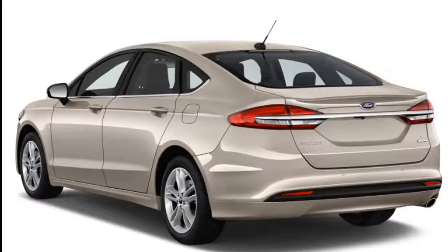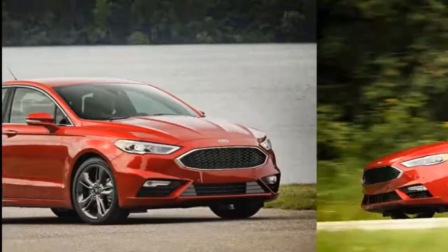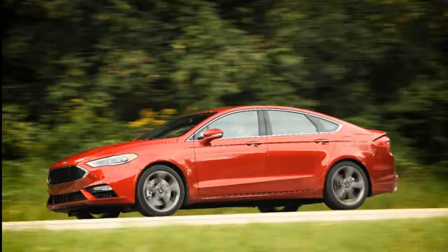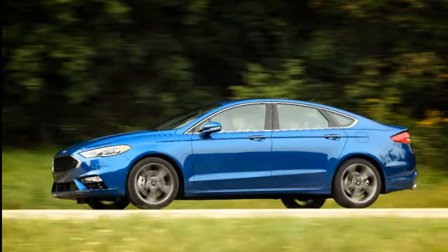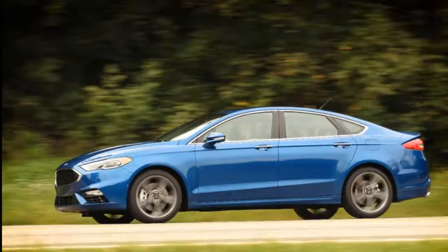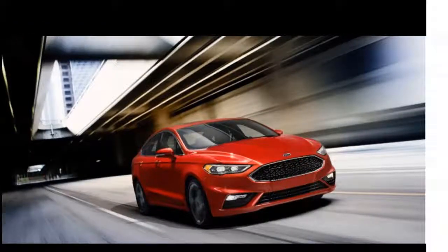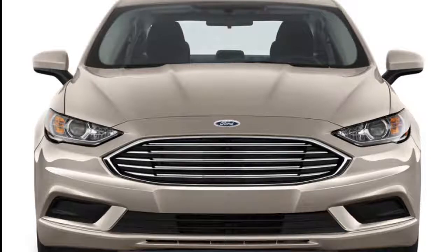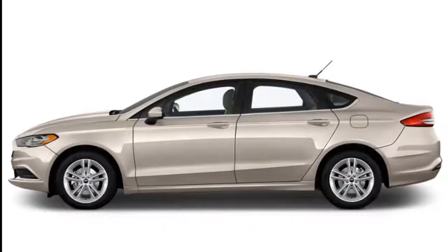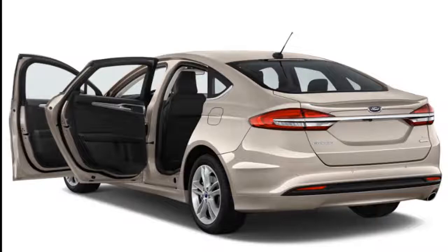This year, the Fusion styling is modestly tweaked and all models gain standard automatic emergency braking and blind spot monitors. The Fusion lineup has also been pared to S, SE, SEL, Titanium, and Sport trim levels. The Fusion Hybrid can be ordered in SE and SEL trim, while the plug-in hybrid Fusion Energi comes in Titanium trim only and now has a 25-mile electric range. We might like the Fusion, but we're not so sure that Ford does anymore. The automaker is phasing out sedans and hatchbacks in favor of an all-crossover, SUV, and pickup lineup. The Fusion is likely the last to get the boot, but that may come as soon as after the 2020